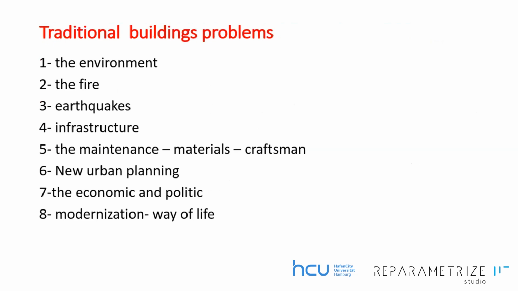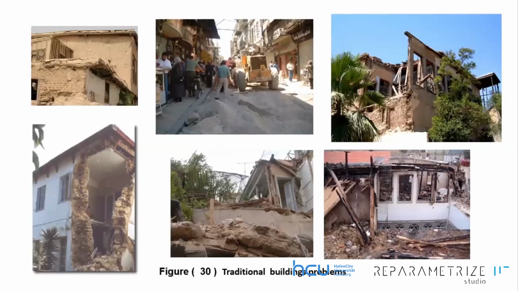The traditional building problems, the environment and its effect on these kinds of traditional buildings: the fire, the earthquake, the infrastructure, the maintenance and materials, and now the craftsmen are not found in this traditional area. New urban planning, the economic and political factors, modernization and the way of life. Now we can see the problems of the traditional building: earthquake, infrastructure, and demolishing because the load is more than